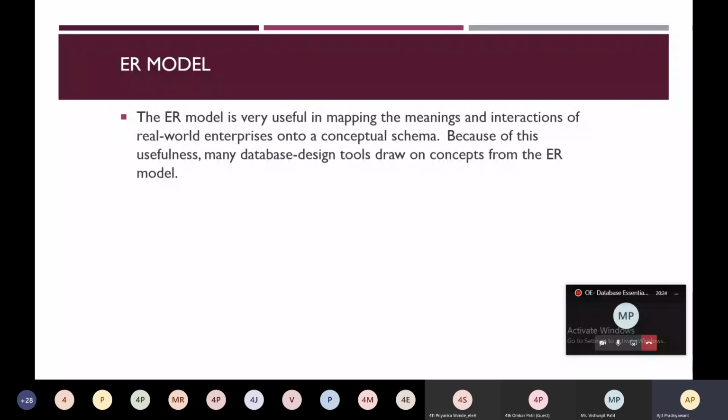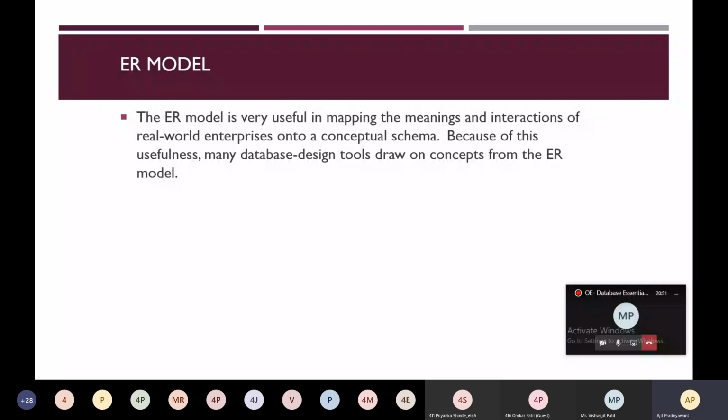Before storing the data into a database, we need to have a model which describes the conceptual schema of the database. So ER model will help us to design a conceptual schema.